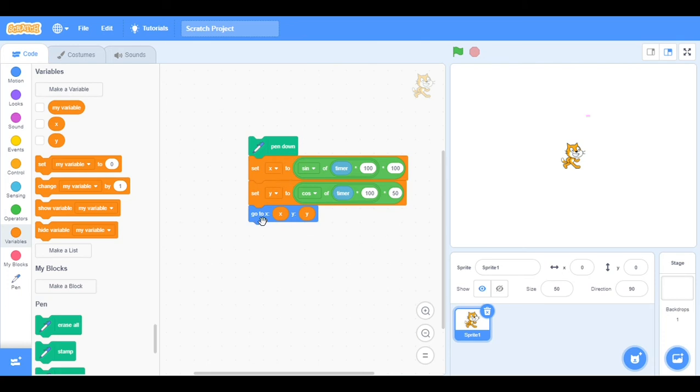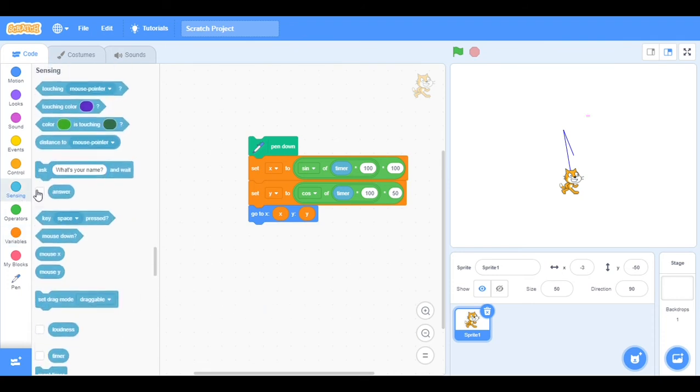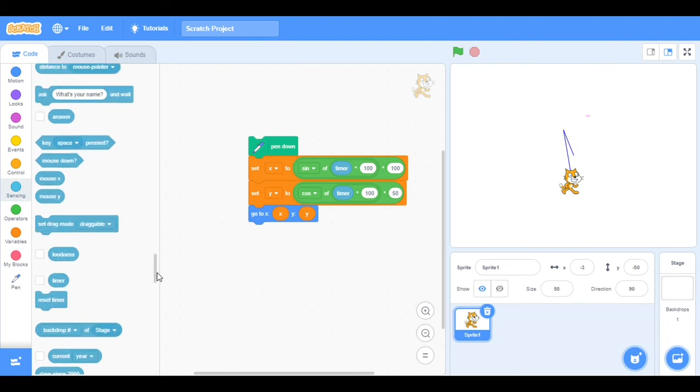So now we can see we have taken two variables and we have used the go to statement. Let's see. So let me do one more thing. It is coming in a random shape. So let's see what to do here. What I'm doing is I missed the reset timer. So I am adding the reset timer here.